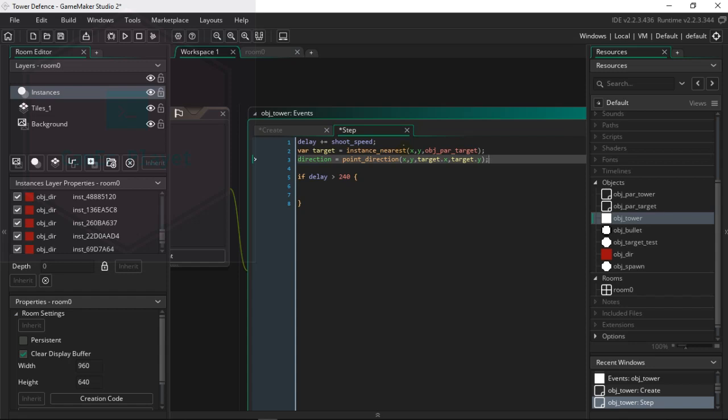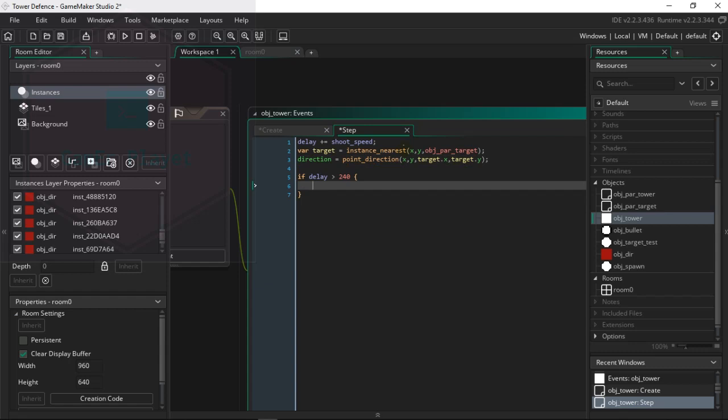So it's gonna look for the nearest instance and point towards it, so when it shoots a bullet, it shoots towards that object. Now, we're gonna check if delay is greater than 240. Depending on the shoot speed, the faster it is. So right now we have shoot speed plus 1, so it's going to go up 1 every step, meaning it's going to be exactly 4 seconds, probably,